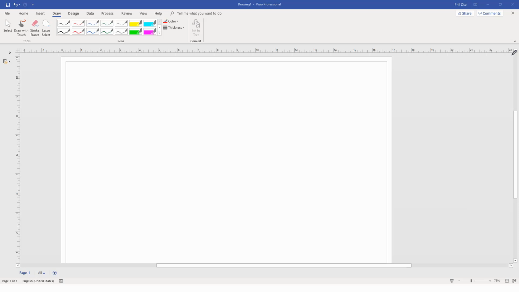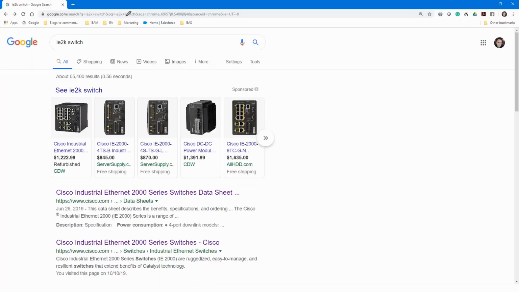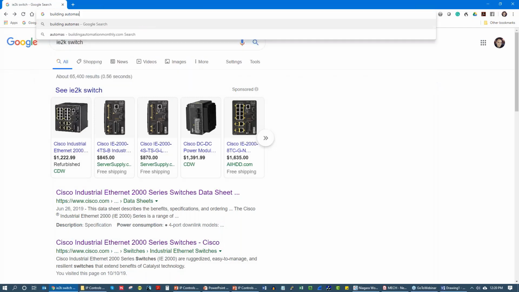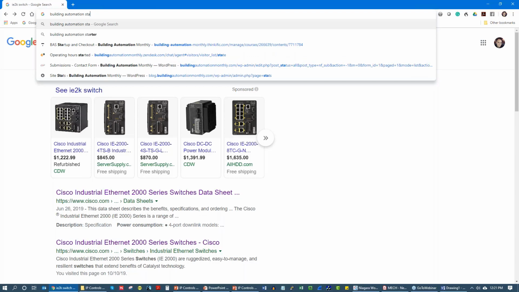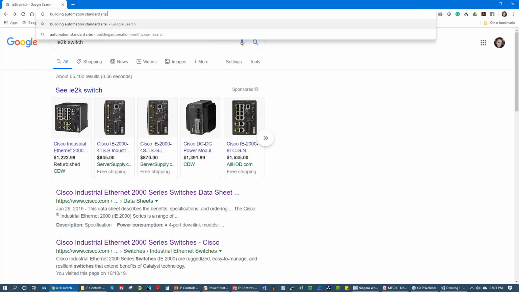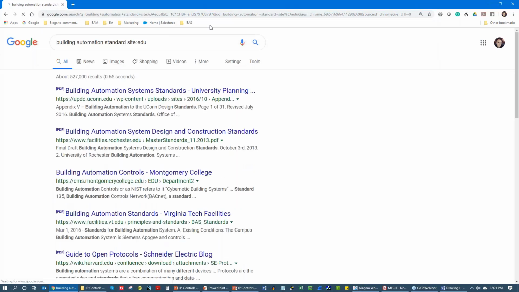First thing, as an owner, create a building standard. You don't have to do it from scratch. Google building automation. Like seriously, I think we could do this while you all are on the call. We're so going off topic here. It's okay though. Let me erase all drawings. Building automation standard site edu. There we go. So you type in building automation standard site edu, and it's going to give you so many different ones,